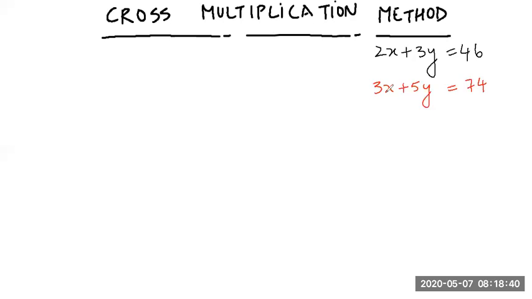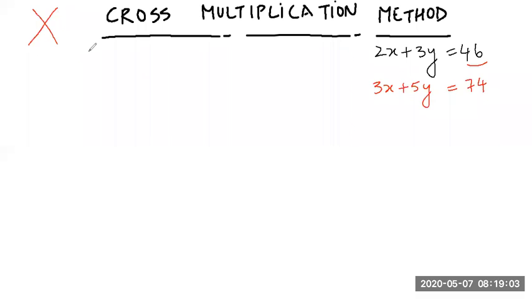So what's the first step? To do the cross multiplication method. But this is what we know by cross multiplication method. How do we apply this? First, we will write these equations in such a way that the constant term comes on the left side. On the right side, there is 0. So we will rewrite both these equations.